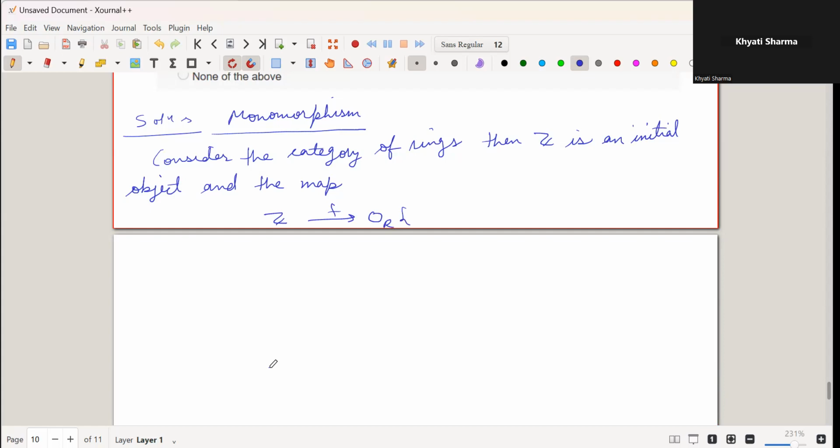So this is the ring with 0 elements, the singleton 0 I will draw, and the map